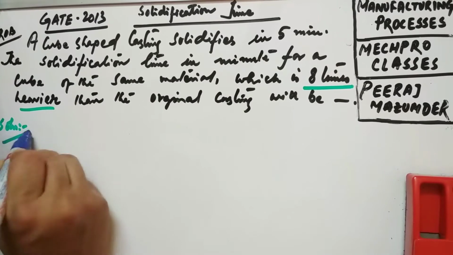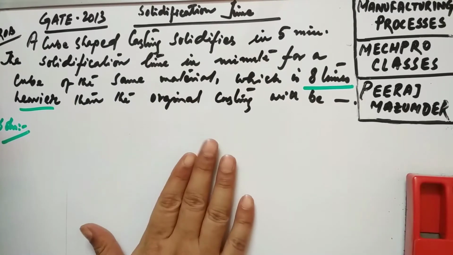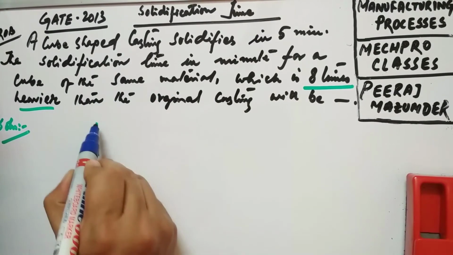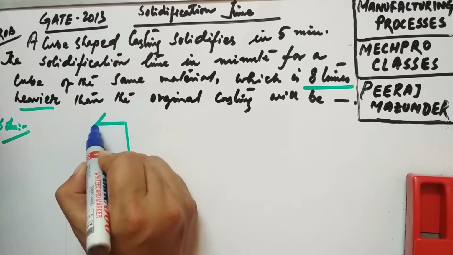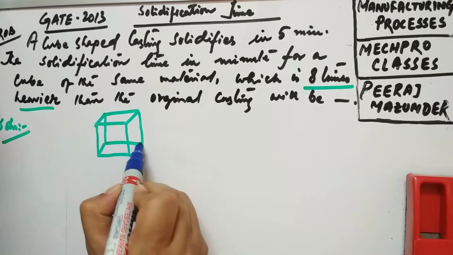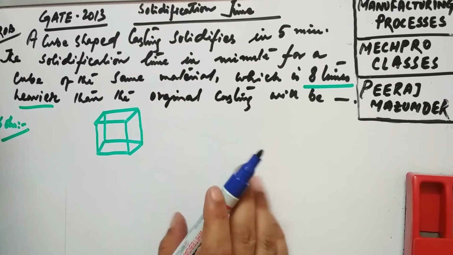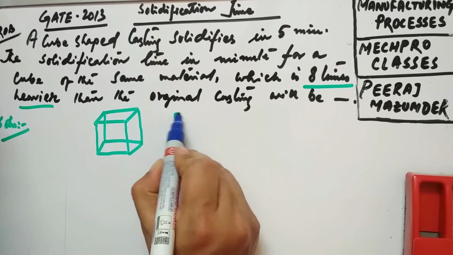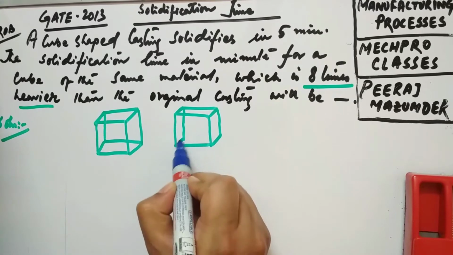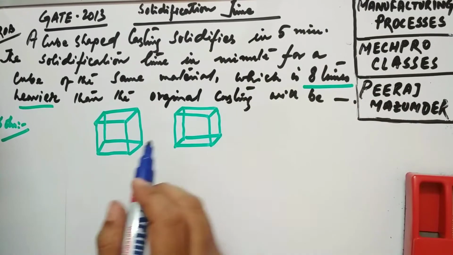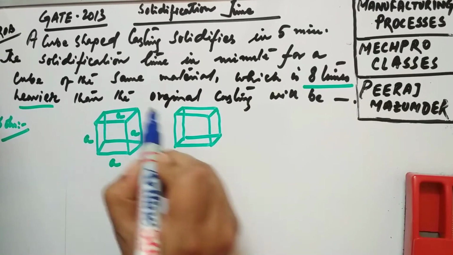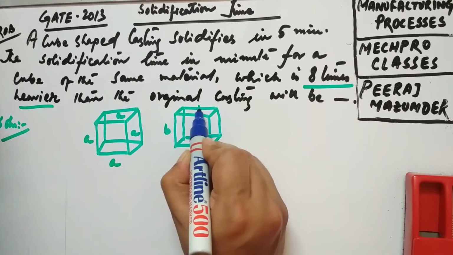So let us start with the formula. Look, let us first discuss a cube. So you all know what a cube is. So this is a cube. Okay, now look, we have two similar cubes, but one is heavier than the other. So say this is another cube. Now let us, for example, take the sides as A for this particular cube, and for this particular cube we are taking the sides as B.